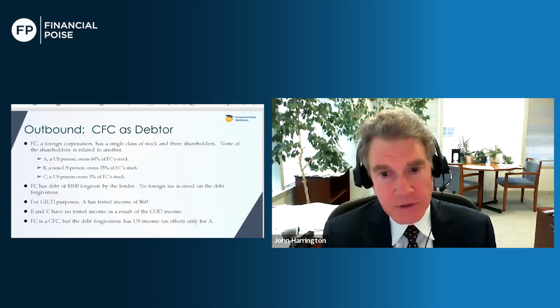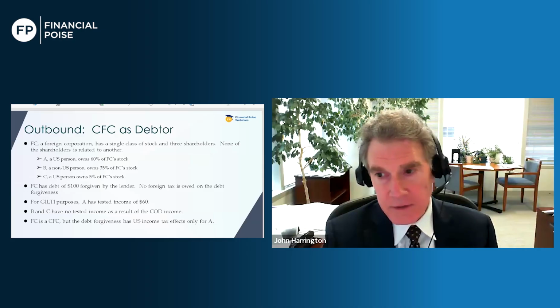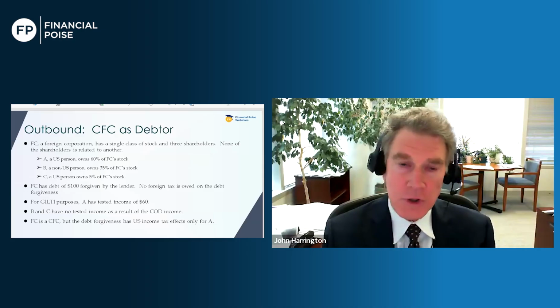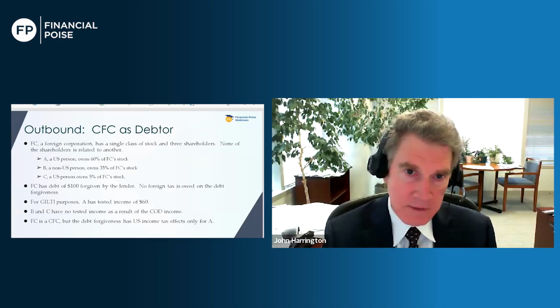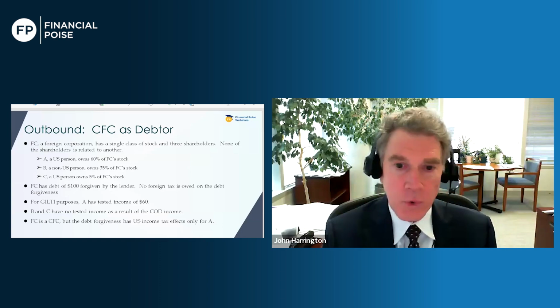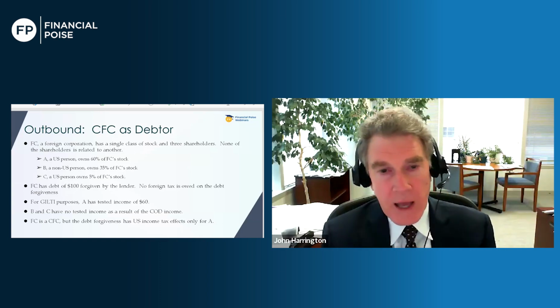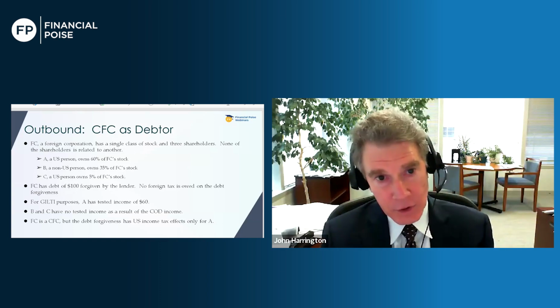A is allocable 60% of it. So it's $60 that would be considered GILTI or net CFC tested income. Usually cancellation of indebtedness income isn't subpart F, but it can be this GILTI net CFC tested income. So A has an inclusion of